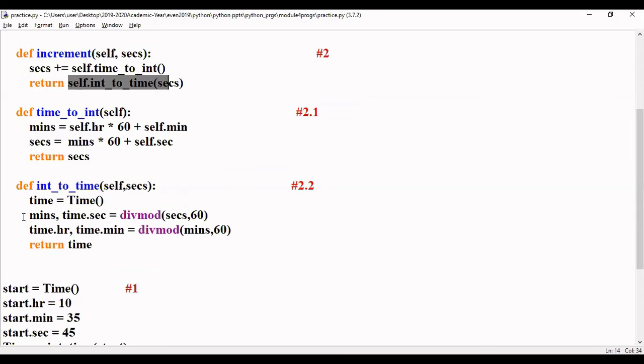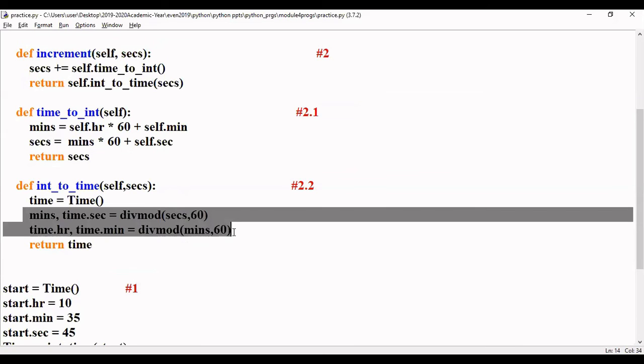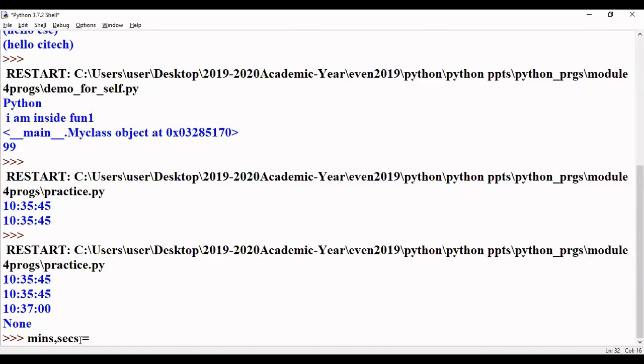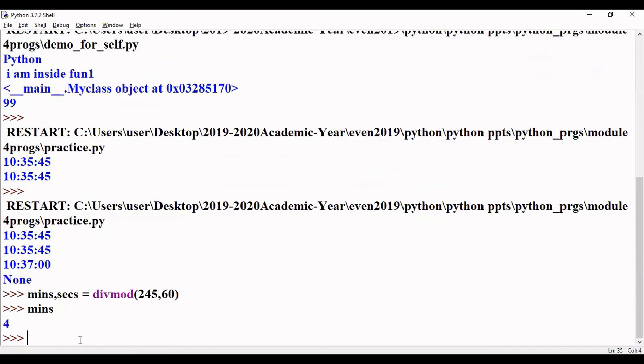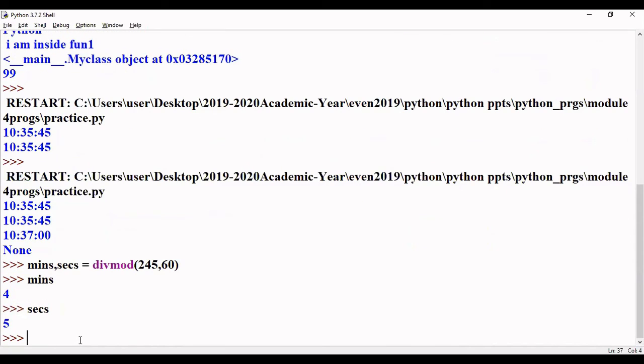I want to demonstrate this with an example, students. divmod: I'll pass two parameters, say for example 245 comma 60. Now in minutes what will be stored and in seconds what will be stored?